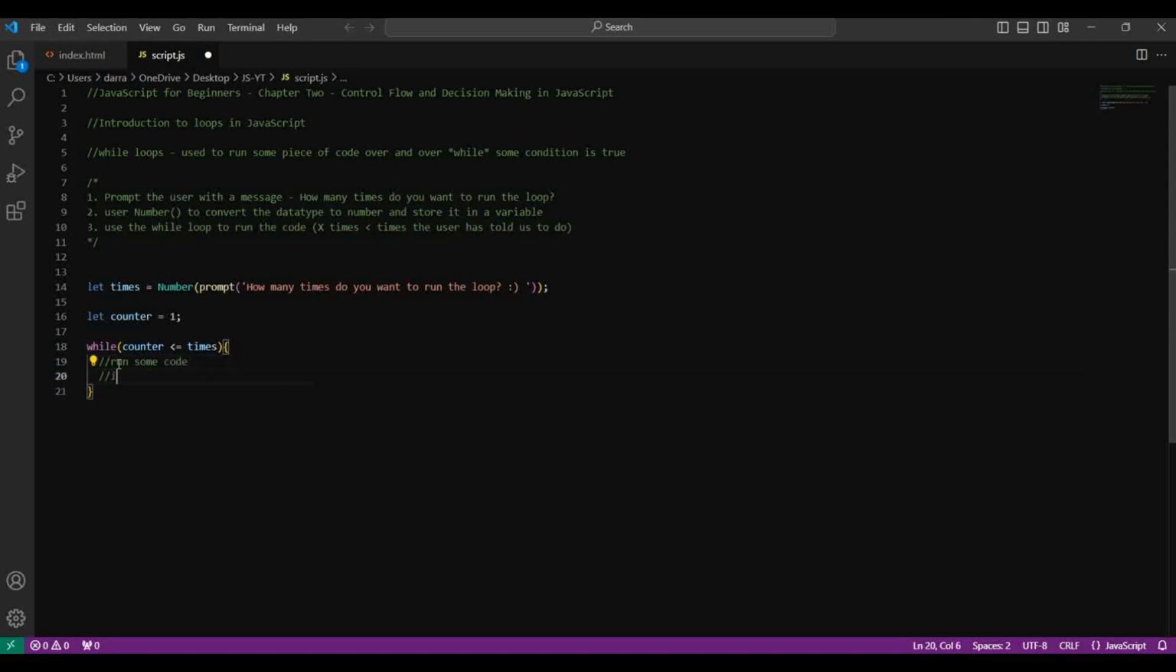Obviously, we want to increment our counter variable using the increment operator. So from habit, I was going to type i++ there, but I've called the counter variable counter. So I want to say counter++. And then we just want to run some code. We'll just log out to the console,